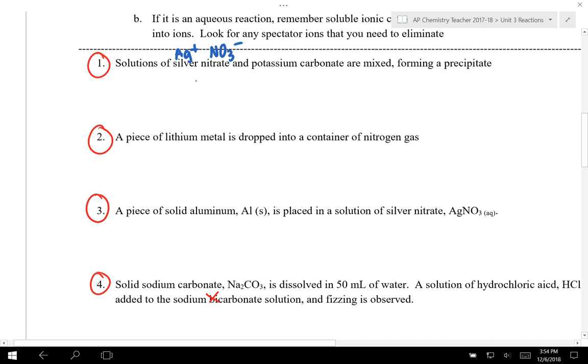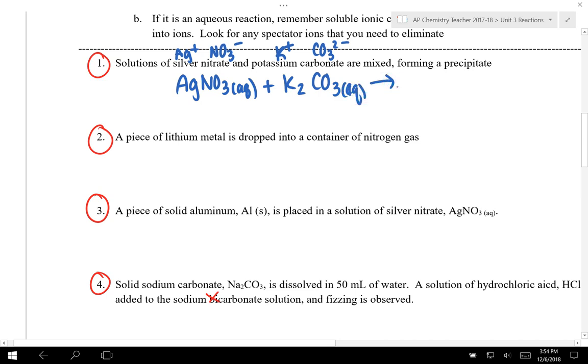So this first one right here, I've got a solution of silver nitrate, and the silver ion has a +1 charge, the nitrate ion has a -1 charge, so that means silver nitrate looks like this. I just need one of each. No subscripts needed. Potassium carbonate. Potassium is +1, carbonate is -2. So that means I need 2 potassiums for every 1 carbonate. It tells me it's a solution, so that means it is